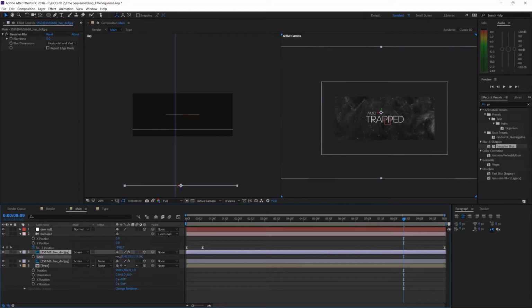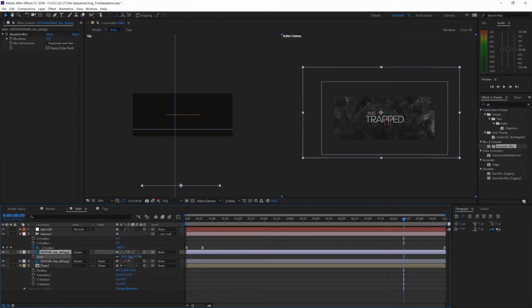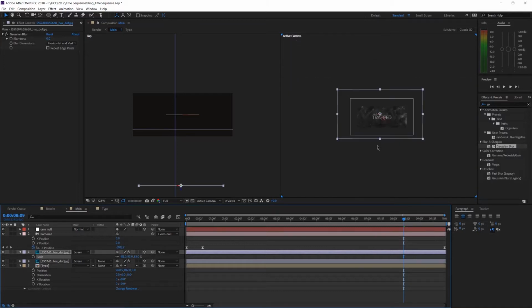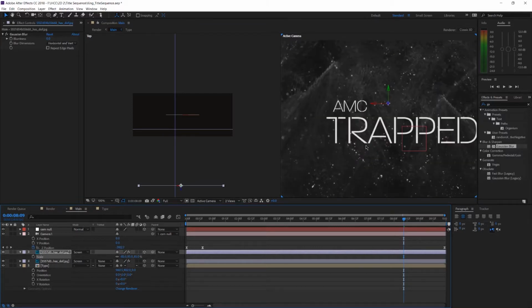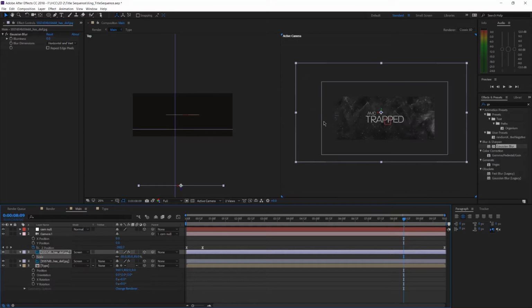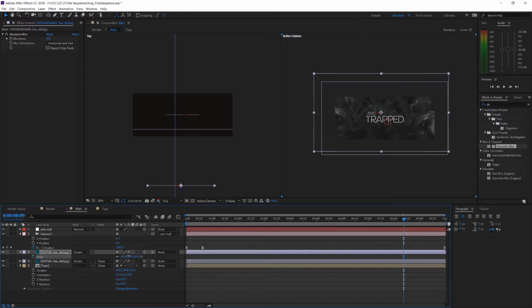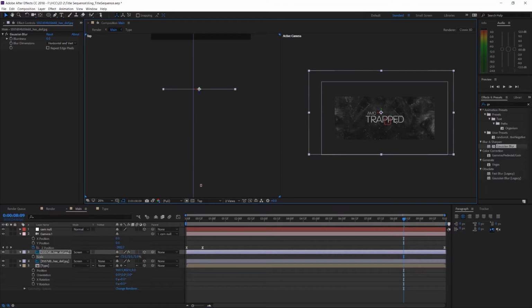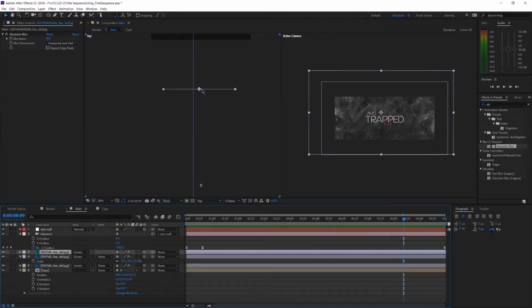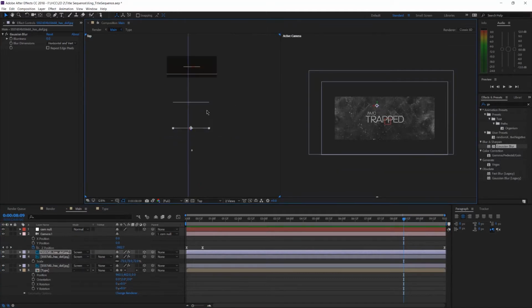So what I might want to do is scale this down a little bit, because now that it's so close to the camera, we're losing some of our resolution in our image because it's effectively scaled up because it's so close. So as you duplicate these layers and bring them closer to the camera in the top view, you need to make sure that you're scaling these down as much as you need to keep the images sharp. So I'll go ahead and duplicate this again, bring it closer,